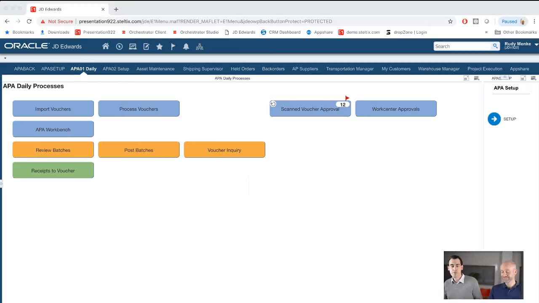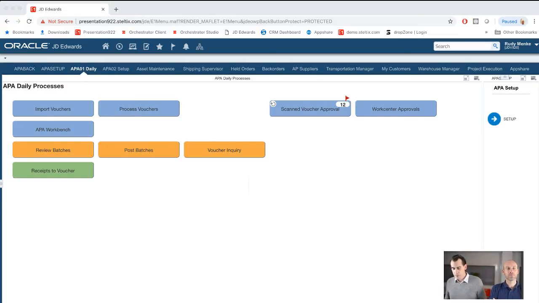The yellow boxes represent standard JD Edwards software, especially in the financial suite. So when you have created and processed all your vouchers, you get a financial batch, which you have to post, and you want to see them in your voucher inquiry to see what's open, or to check for duplicate invoices that you want to resolve. The green box represents the purchasing part, because there you look at the receipts that you want to voucher. So you can see if they were actually received or if they already matched there. If they're not there, there's nothing to match.